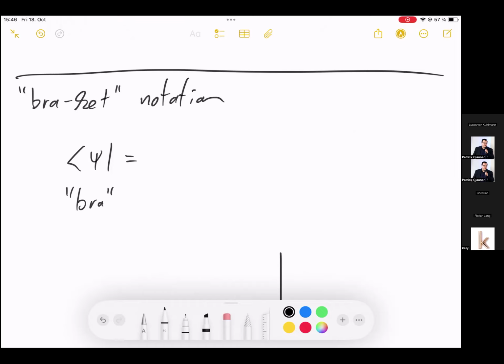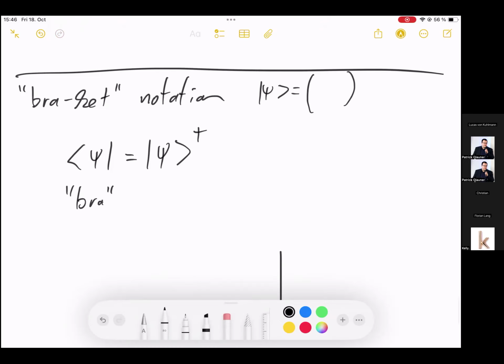And in fact, this is related to the ket. It's exactly the same as psi ket dagger. So you apply the adjoint to psi ket and you get psi bra. If you remember from before, we had our psi ket, which was something like this: C0, C1 up to Cn minus 1, which is a column vector. Then psi bra will be a row vector